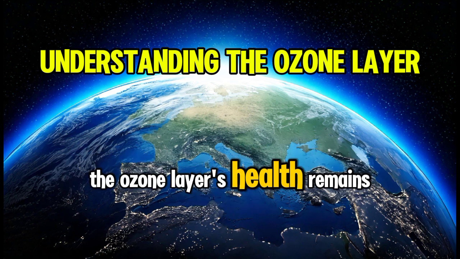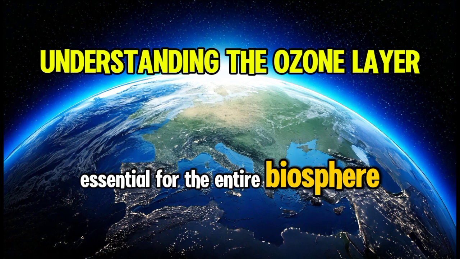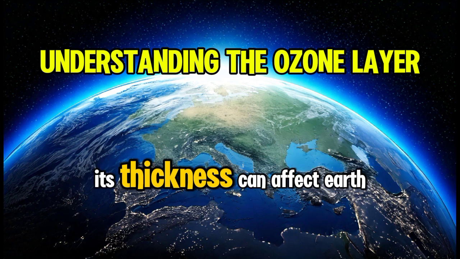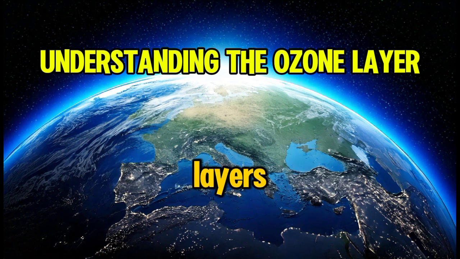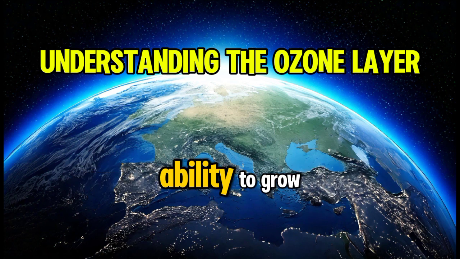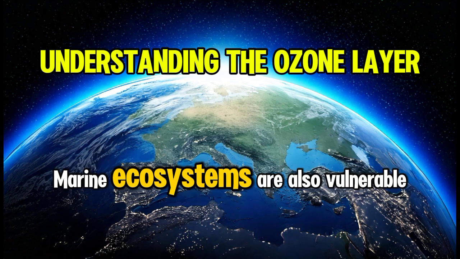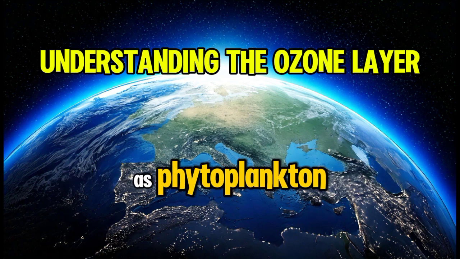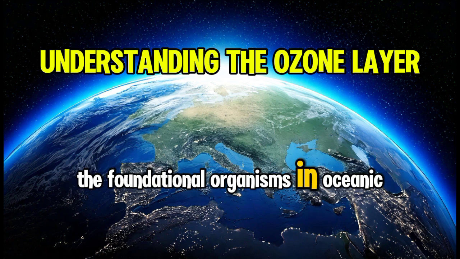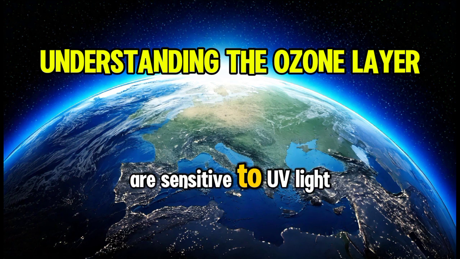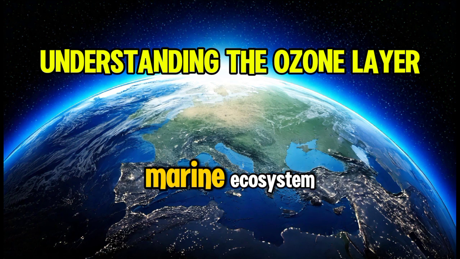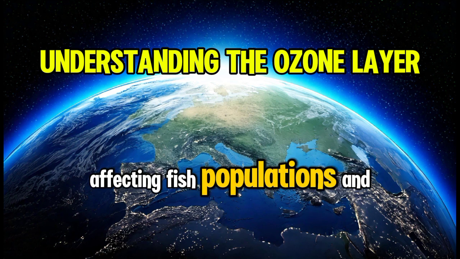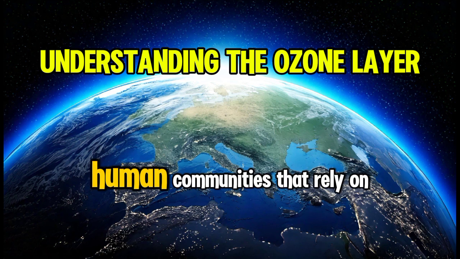The ozone layer's health remains essential for the entire biosphere. Even a small change in its thickness can affect Earth's ecosystems. In regions with thinner ozone layers, UV radiation can penetrate more deeply, stressing plants and affecting their ability to grow. Marine ecosystems are also vulnerable, as phytoplankton, the foundational organisms in oceanic food webs, are sensitive to UV light. Disruptions at this level can ripple through the entire marine ecosystem, affecting fish populations and, by extension, human communities that